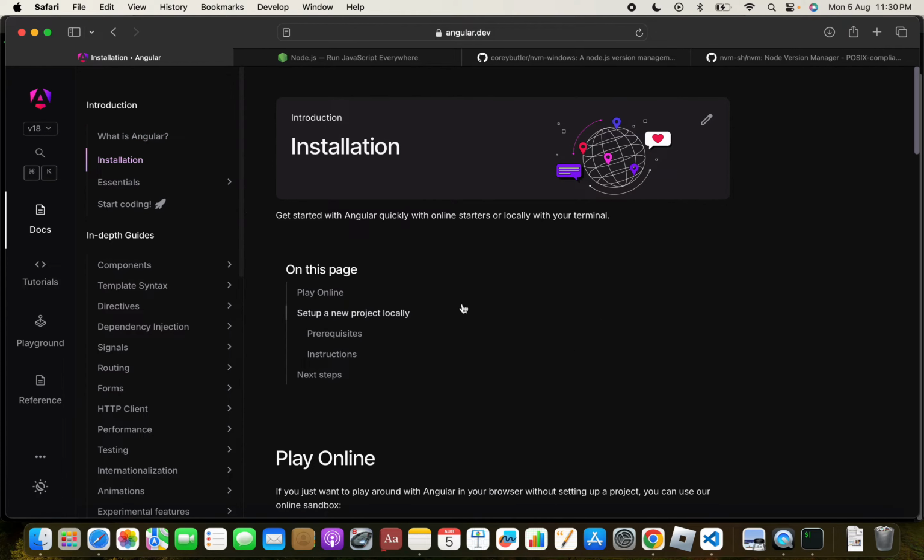In order to set up a new project locally, there are some prerequisites. First of them is you need to have Node.js installed. If you want to check whether you have Node.js installed or not, the easiest way to do it is